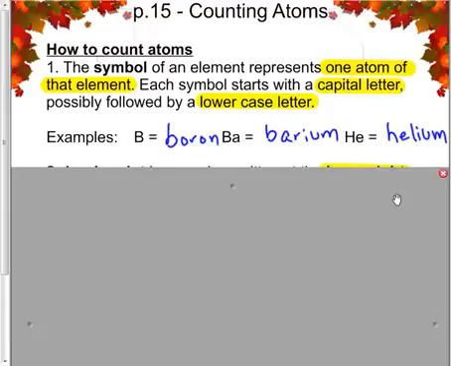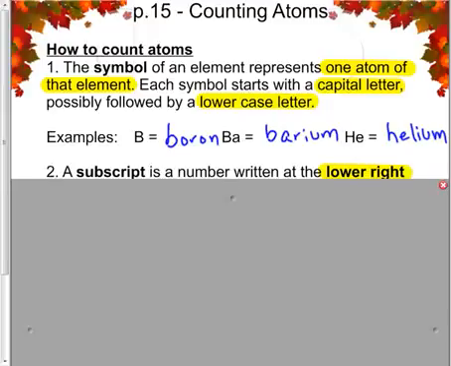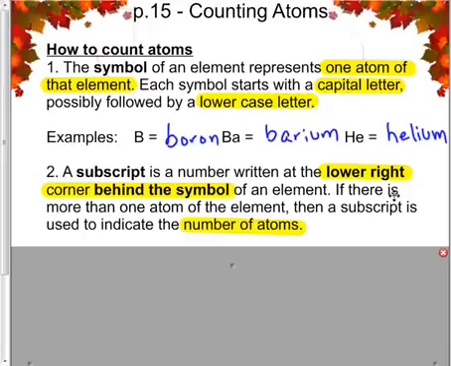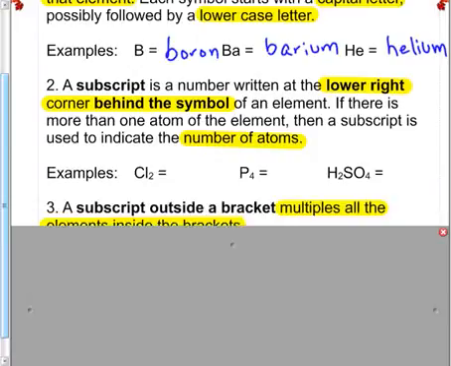Notice when I write the name of the element, it does not matter if the first letter is capitalized. But when I write the symbol, it's very important that it always has a capital letter and it might also have a lowercase letter. The next rule when we're counting atoms is to deal with subscripts. Remember, the highlighting is the part you should be filling in. A subscript is a number written at the lower right corner behind the symbol of an element. If there is more than one atom of that element, then a subscript is used to indicate the number of those atoms. So for example,